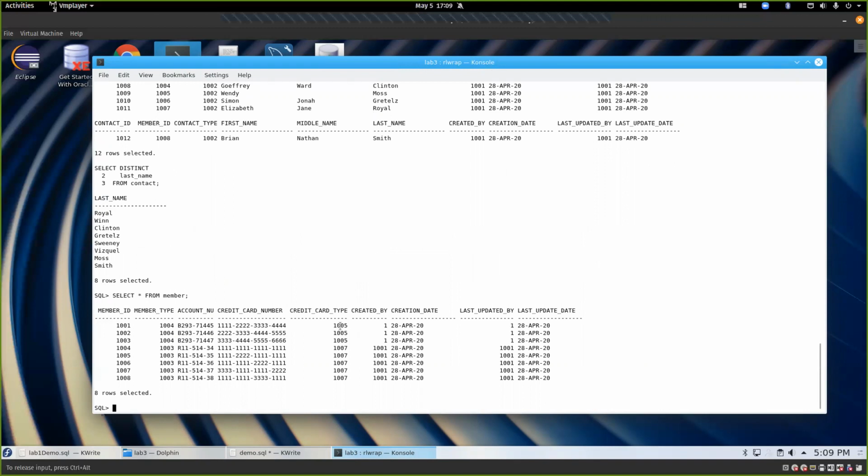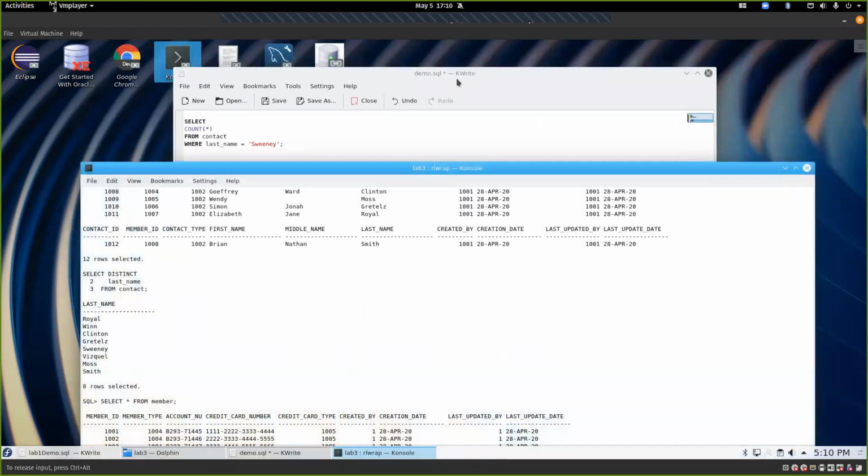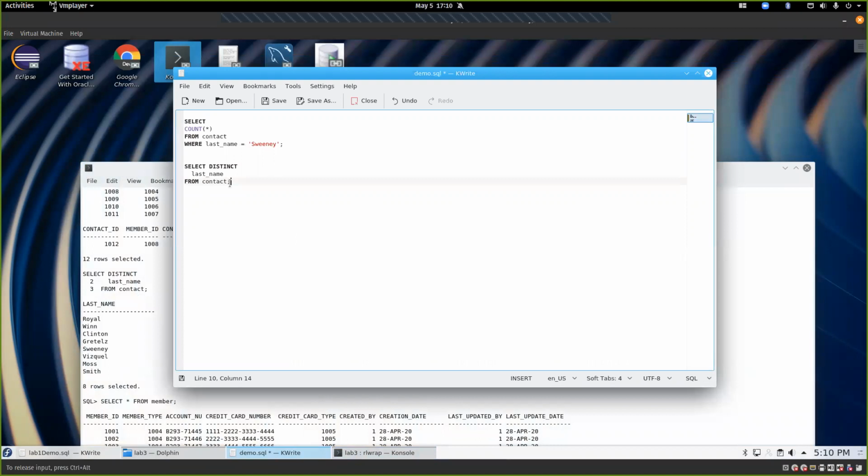So let's do credit card type and member type. Although unfortunately those are, yeah, let's just do credit card type and member type. So if we go select distinct credit card type and member type